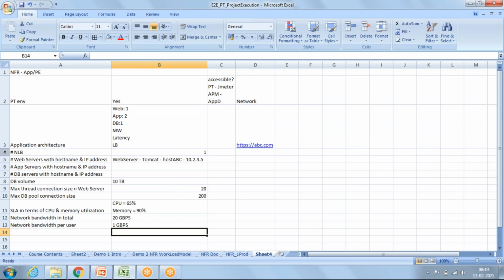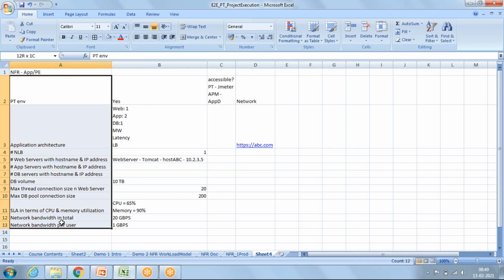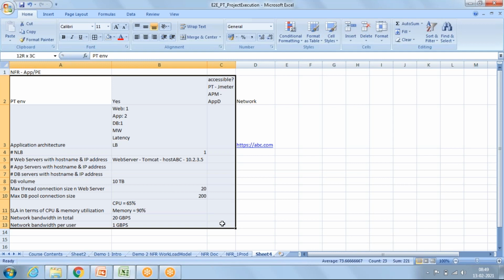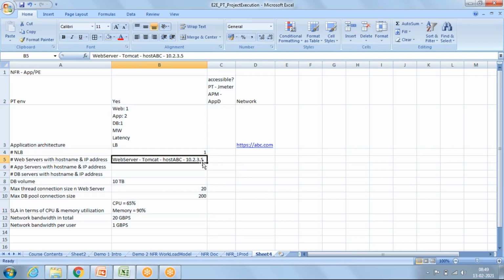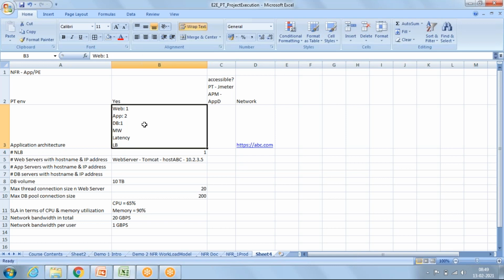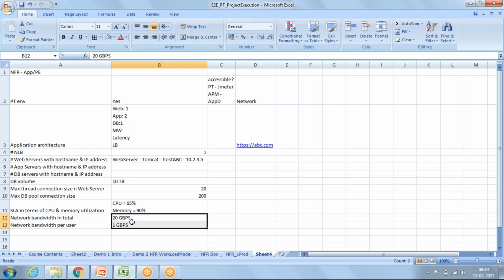Now we have to understand what can come under the performance test environment and what can come under the production environment. These questions are the same for the PT environment and the prod environment. The variation will be in the number of servers, your bandwidth, your volume, and your servers, IP address, server configuration.